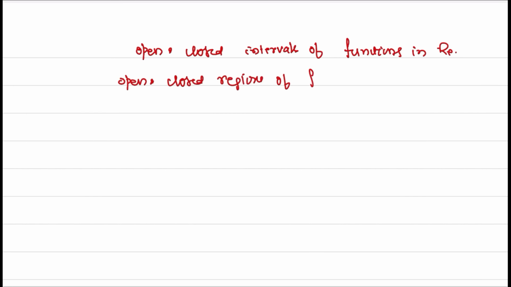Regions of functions in C, the complex plane. These are the regions. Within the open region, within the closed region, this region is closed for the given definition of the complex number, or this region is open, like this. I am not talking about a single number here. I am talking about